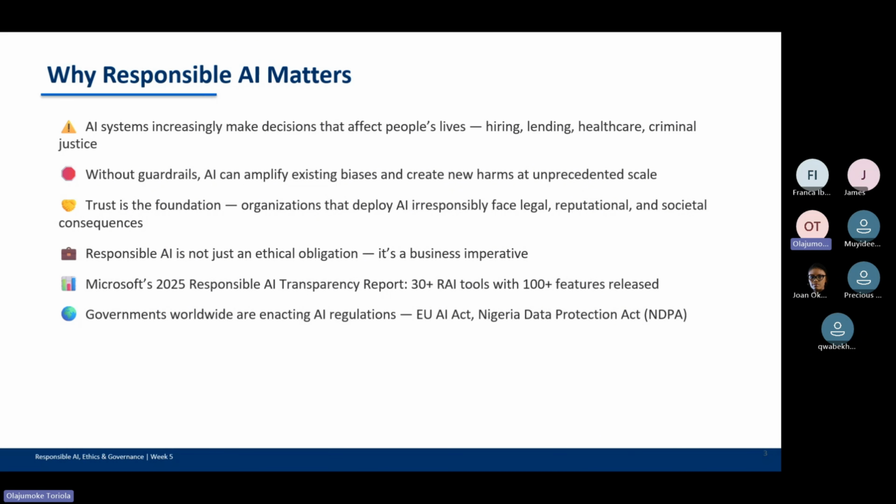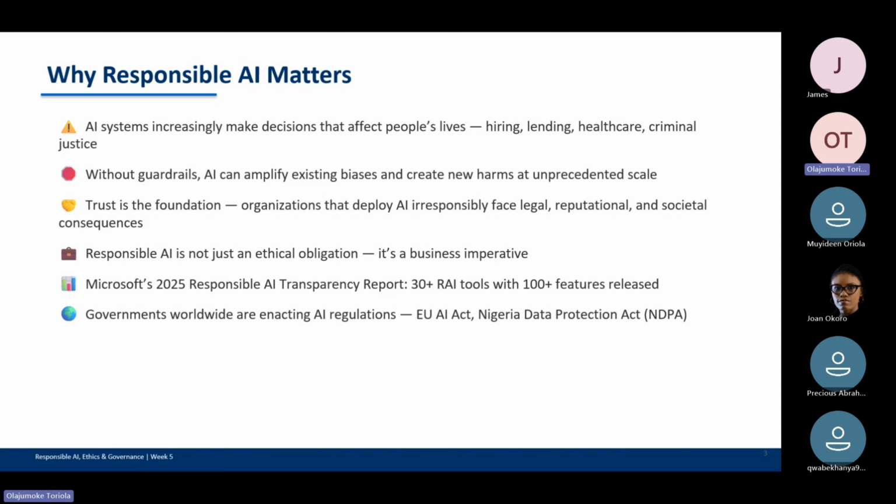Now imagine AI gets that wrong, not just once, but at a very large scale. AI doesn't just make mistakes, it can amplify them through thousands of decisions instantly. This is why it is very important that we build responsibly.